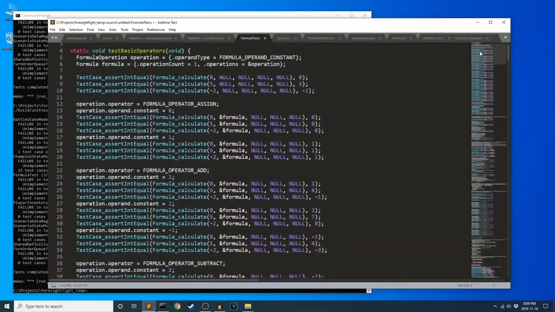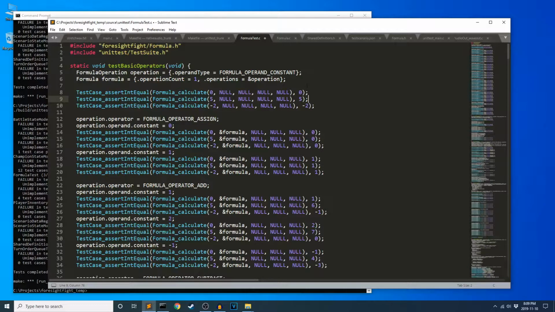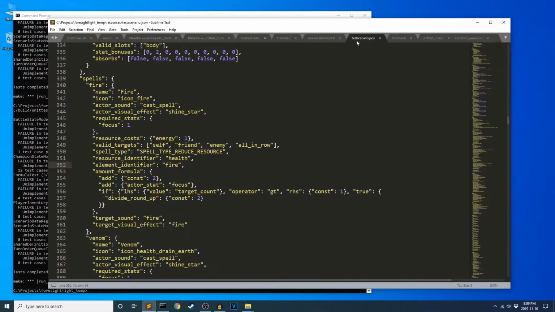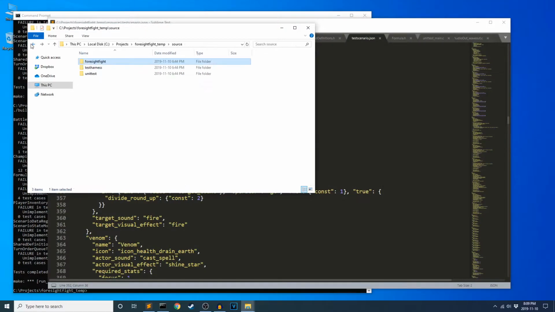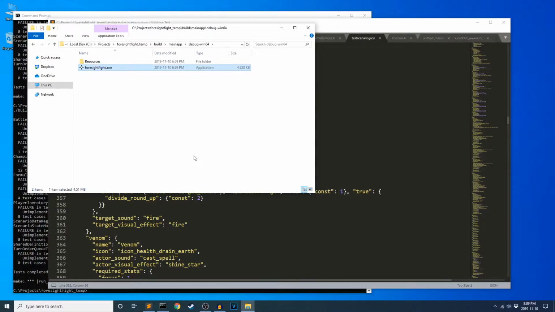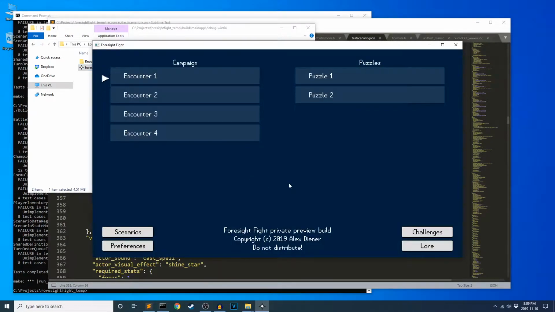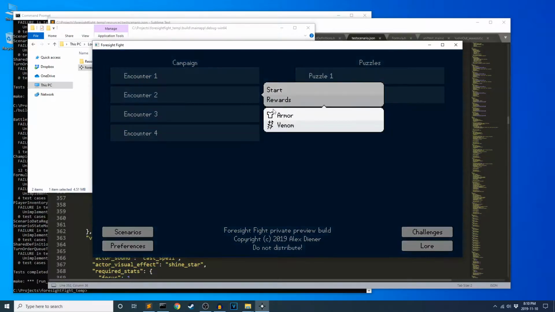What this is testing is my formula evaluator. I did show this a little bit. I'll show you what it looks like in the scenario file. I could open the game, but I'm not actually sure it would run right now. It should. Let's see if I can actually show this. So if I open this, I didn't quite plan around this. Oh boy, okay, can I look at